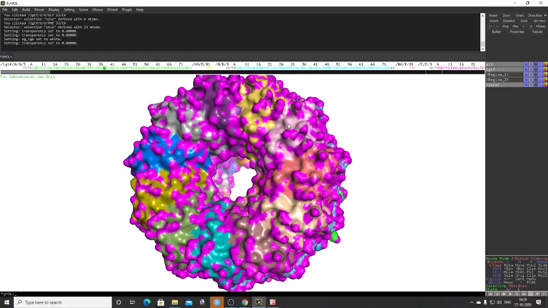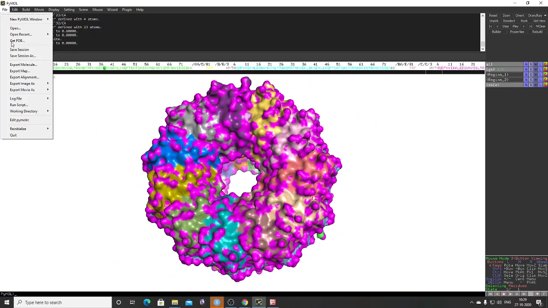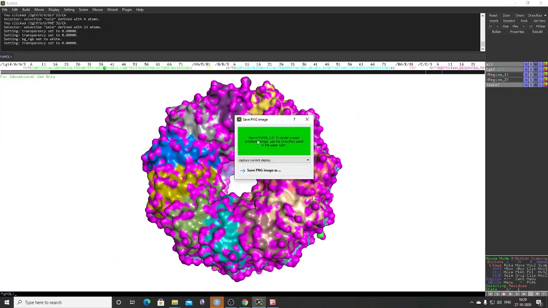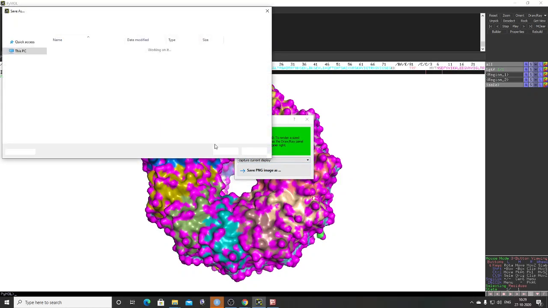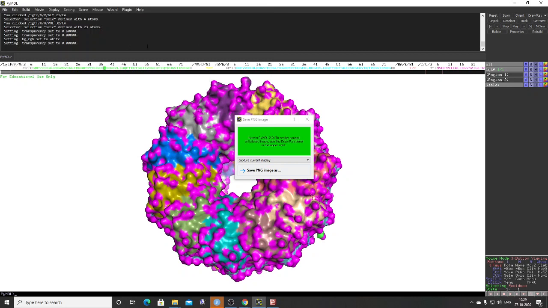Now this molecule we want to save. For example, we go here, file, export image as a PNG, current display, save the image. Then, what is the name of this molecule?